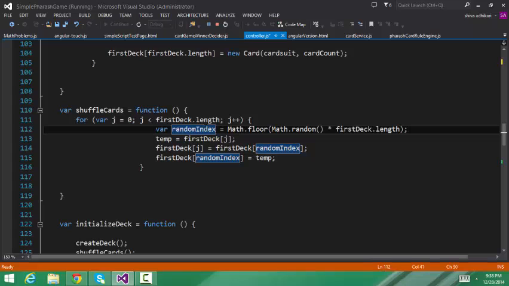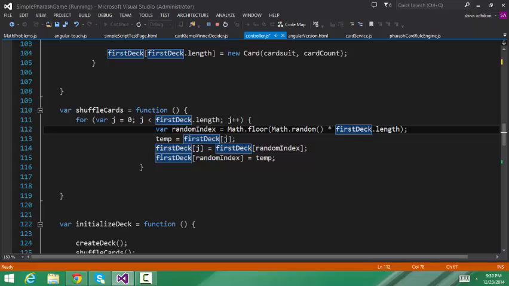So basically, you say, okay, give me a random card, whatever card. Basically, ask the Math random function. When you call this method, it returns a number in the range of 0 to 1. It's a floating point number. That's why I have to convert that using floor. Before you convert that with floor, you're going to